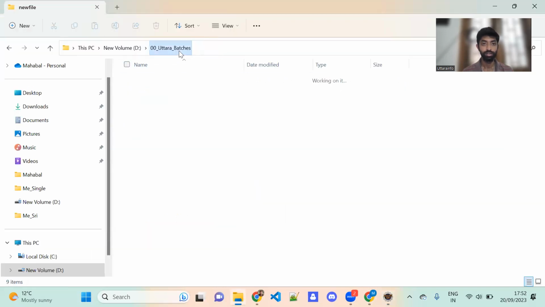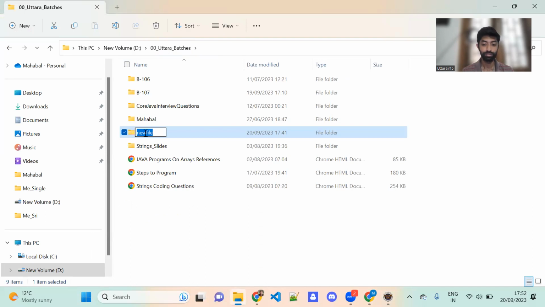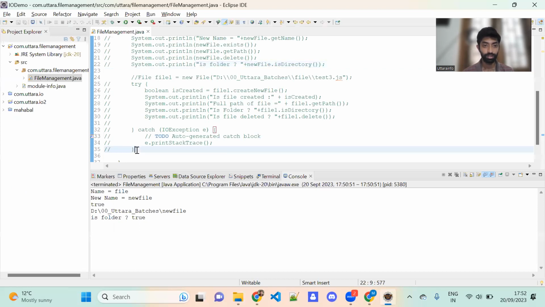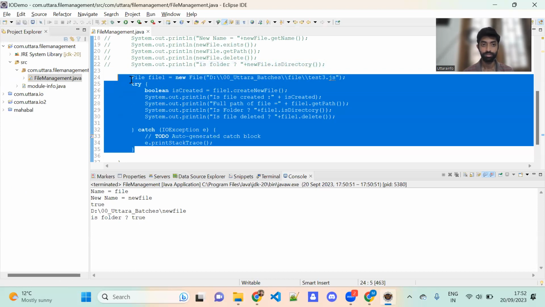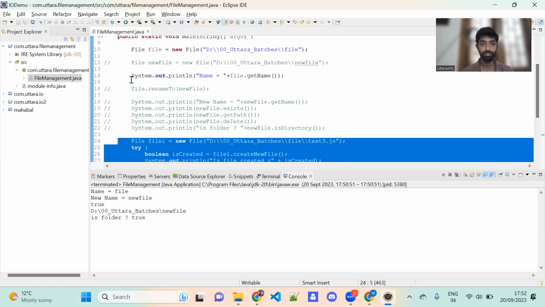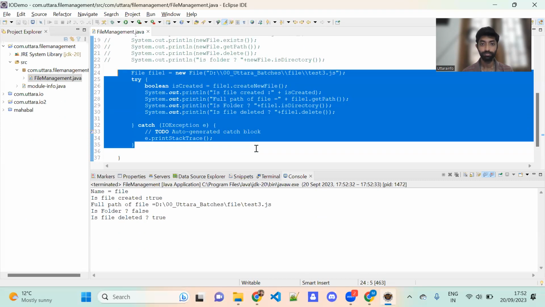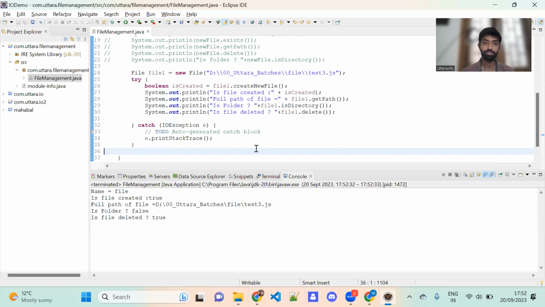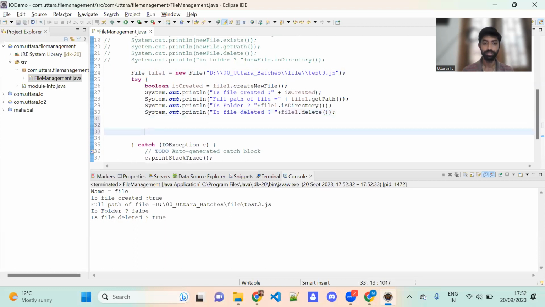Master and rename this to file. And comment this. Okay, so we'll run this. So now here in this file, I want to get all the files in this. I know that this is a folder, or if I do not know, I will get it by using this